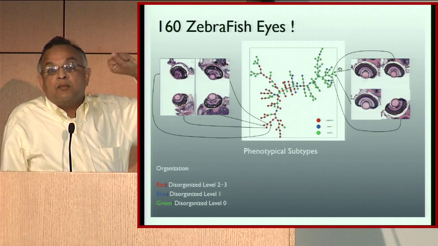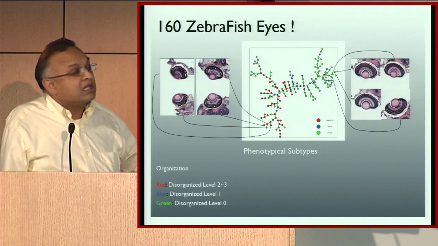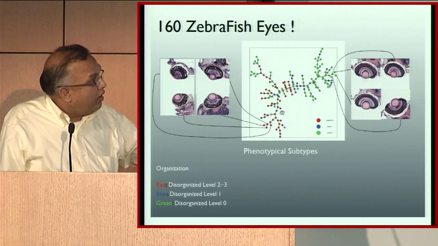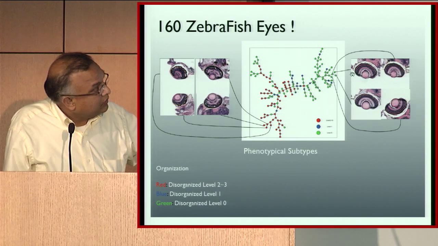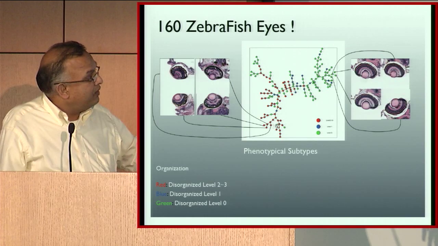So we did some feature extraction, we did all kinds of analysis, and then we used a certain tree, and trees are something we know really well in computer science. So all the ones which are close enough, they all cluster together. The ones which are not close enough, they are further away from each other.